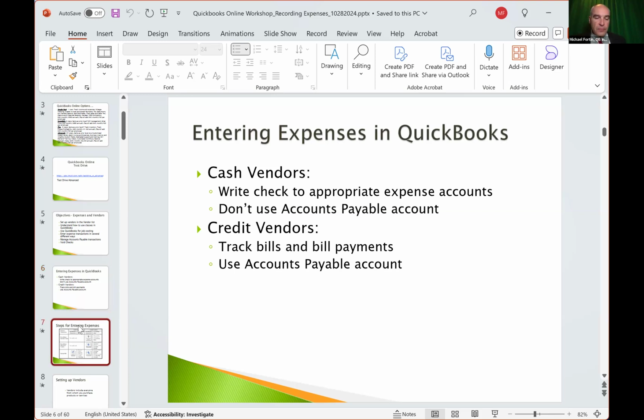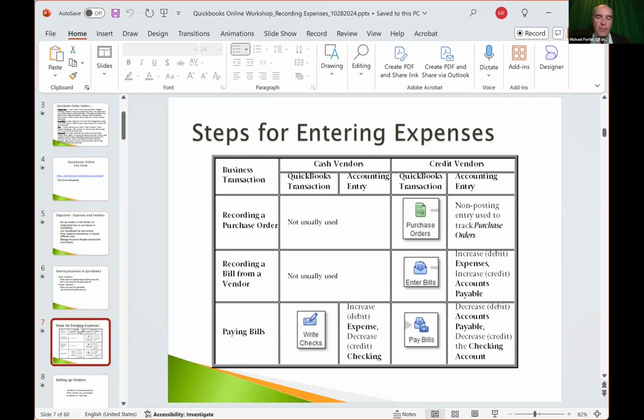In some cases, students will ask, why would somebody take the time to enter a bill if I just pay my bills anyway? Like, for example, I get a bill, I just simply pay it. That's fine if your business is small enough and you don't deal with vendors who you must pay on time, or if you don't have any sort of loans or credit cards or anything like that, then you may not need to use the payable feature, but we're still going to cover it nonetheless.